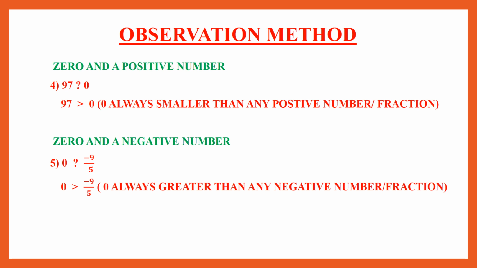So example number 5, 0 has to be compared to minus 9 upon 5. 0 would always be greater than minus 9 upon 5 because 0 is always greater than any negative number or fraction. Now let's move on to our next topic,